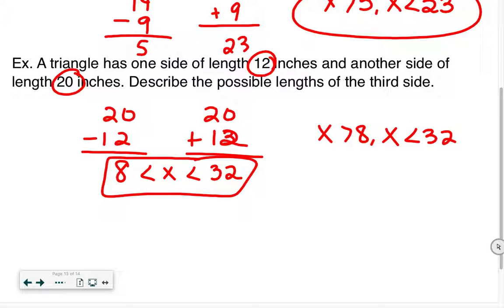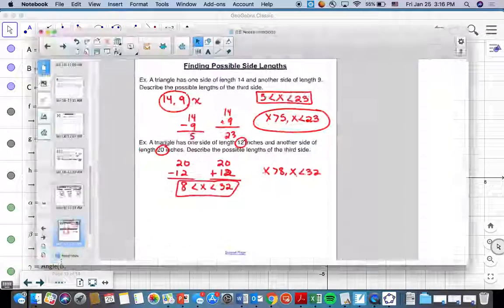Now, the first two problems seem kind of out of the blue. It says, what two statements contradict each other? I'm basically asking you to tell me which two statements can't possibly happen at the